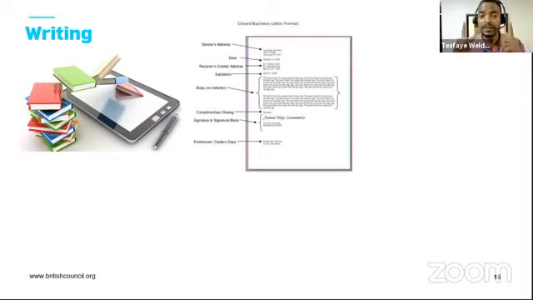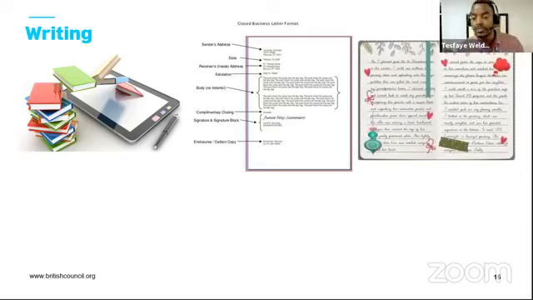We need to identify the genre. What are you writing? If your plan is to practice writing a formal letter, then we need to focus on that genre, formal letter. The register and everything is there. If we are then thinking about keeping a diary, then there is a style to it. It's for you, it's not for others to read, but it's a good way of practicing